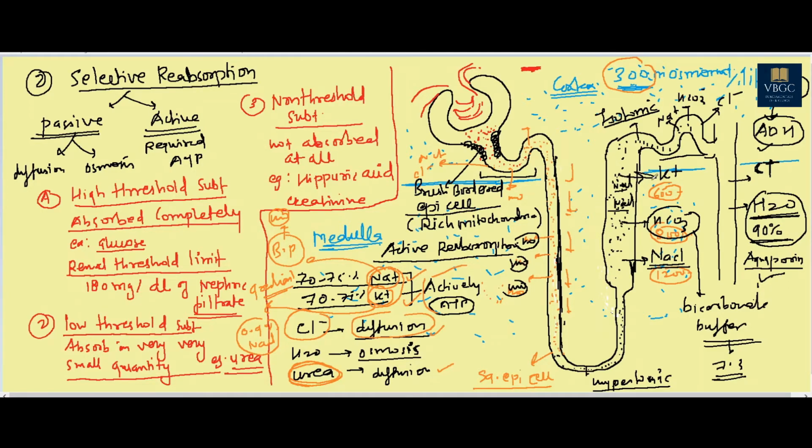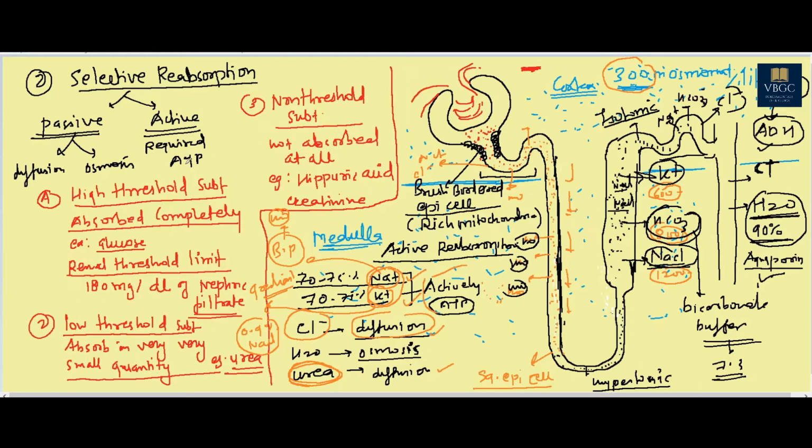here there is absorption of potassium, bicarbonate which is a buffer, and salt, which is very important to keep the medulla hypertonic. And in the DCT we have the absorption of sodium, bicarbonate and chloride. And in the collecting tubule finally there is absorption of water. So these are the things we have absorbed in the different areas of the nephron.